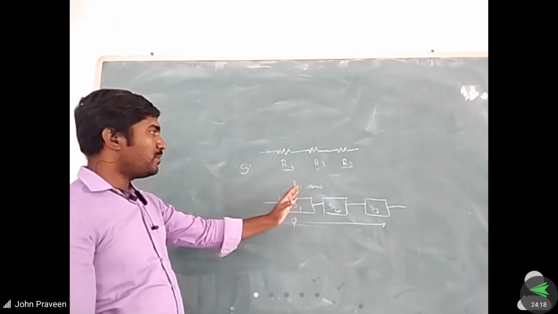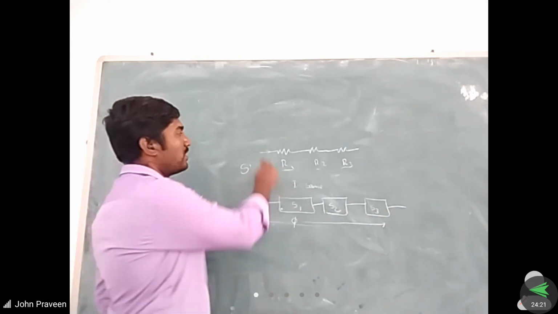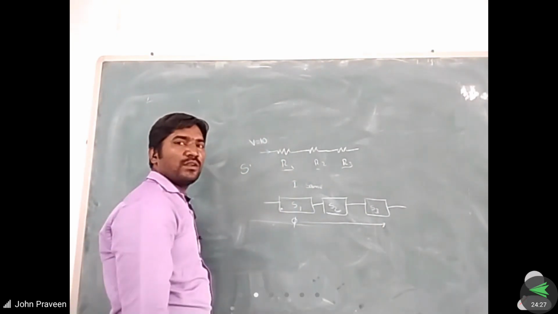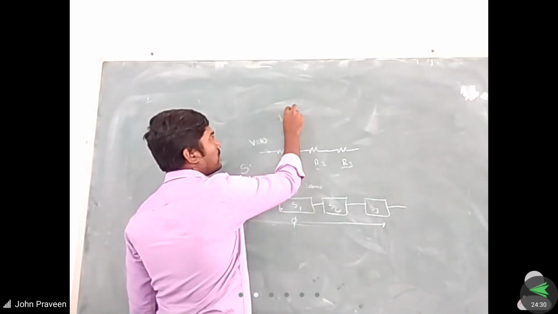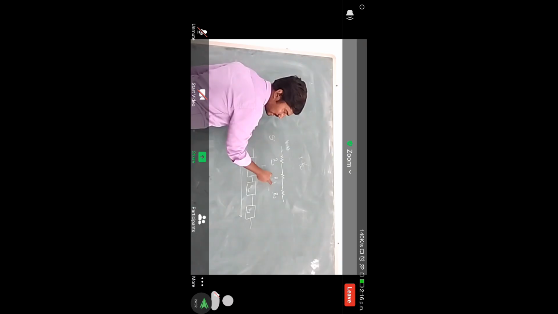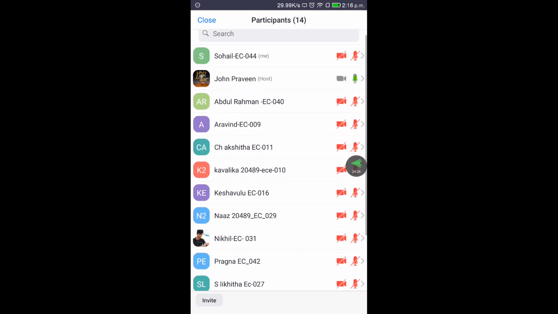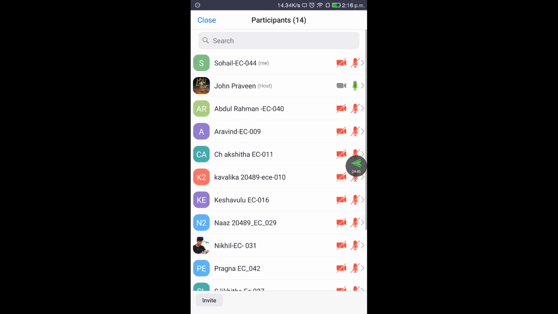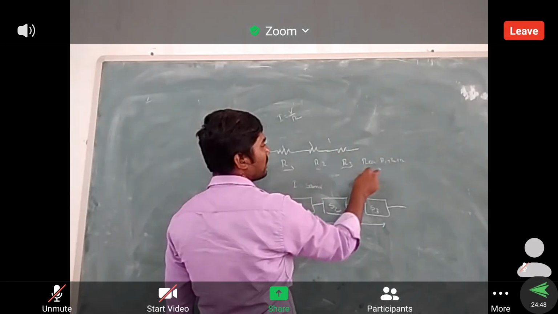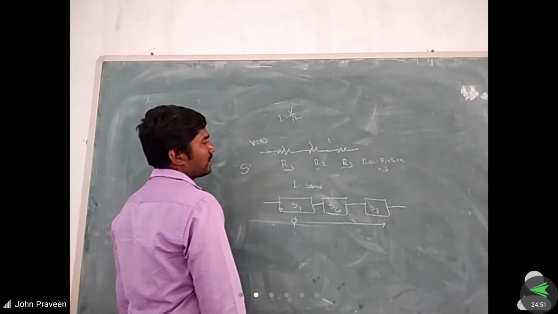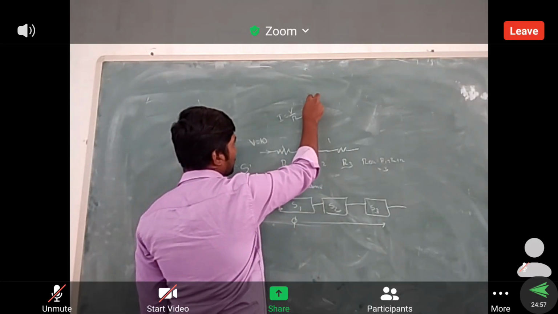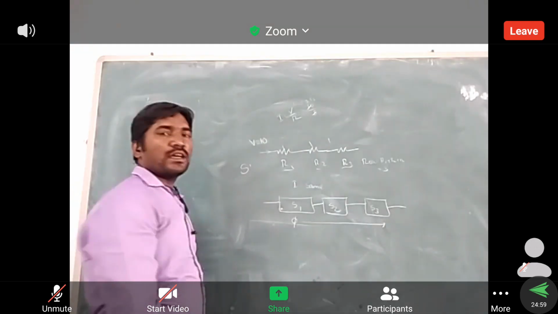For example, if you want to find the current, and the voltage is given as 10 volts, how is it possible? Simply we use I is equal to V by R. But R is the summation of the three resistances R1, R2, R3, as they are connected in series. Then the equivalent resistance R total is equal to R1 plus R2 plus R3. For example, with values 1, 1, 1, R is 3. Then we get 10 by 3, so we get the current value as 3.33 something.